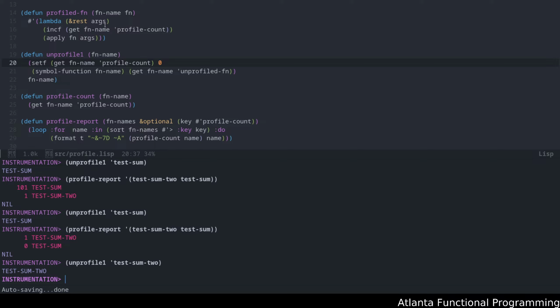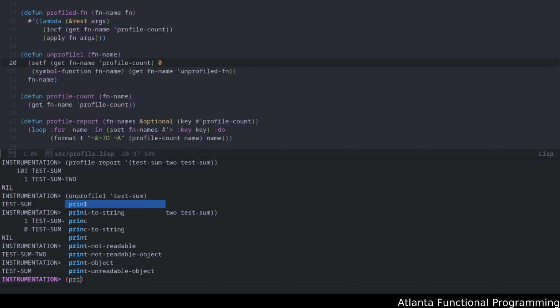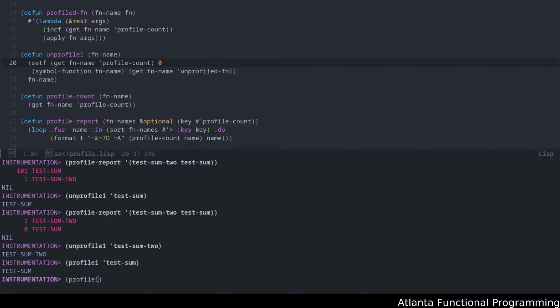I'll show this just to give you an example. If you call profile one on test sum here, and then call it again, if you think this second profile is going to use the original implementation of profile, you would be wrong.